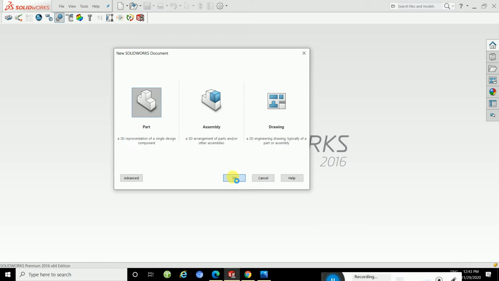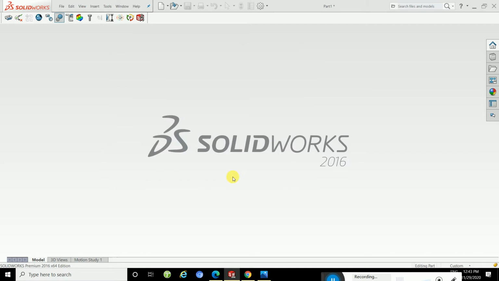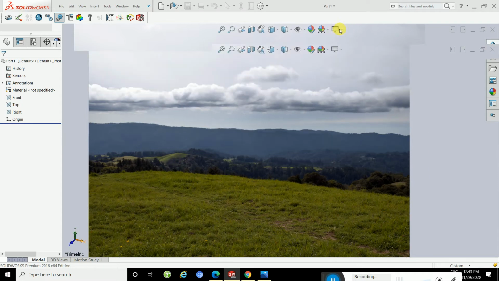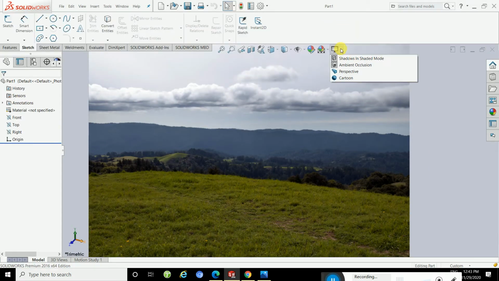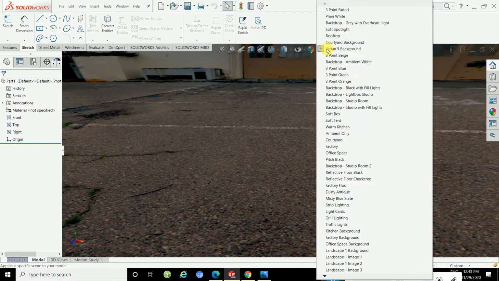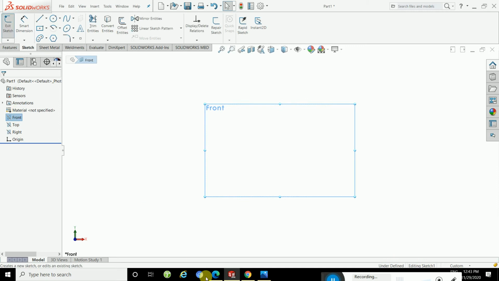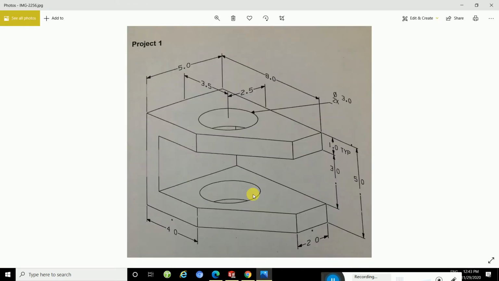Take some time. And change the background here. Take a front plane, sketch, and see this diagram.